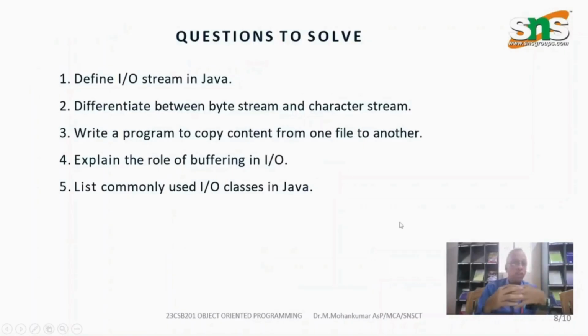These are simple questions for a quick recall of your fifth unit. Define IO stream in Java. Differentiate between byte stream and character stream, with the syntax, and you have to give an example. Write a program to copy the content from one file to another. Then explain the role of buffering in IO operations. Then list commonly used IO classes in Java. These are most probably repeated questions in 2 marks and